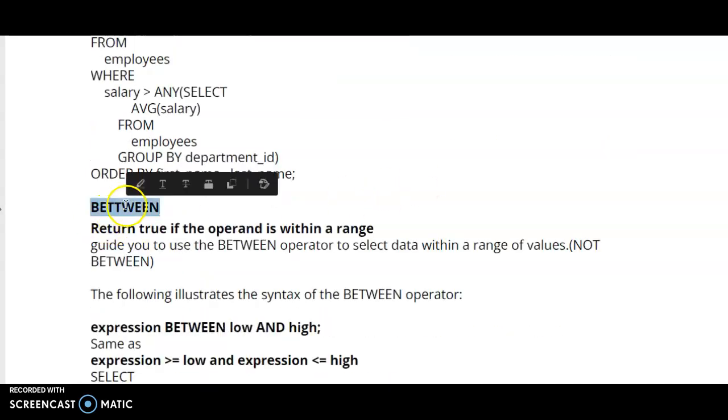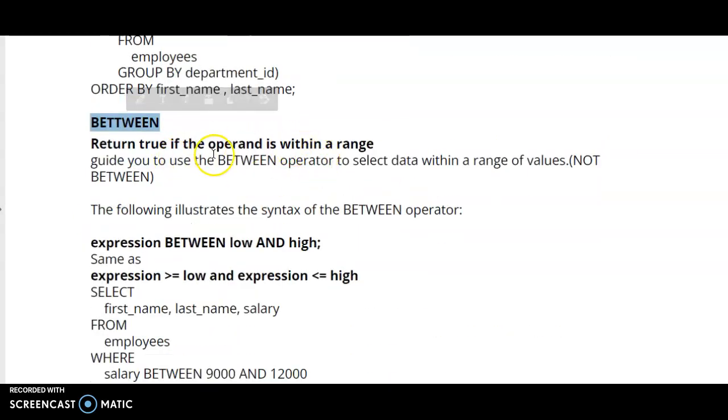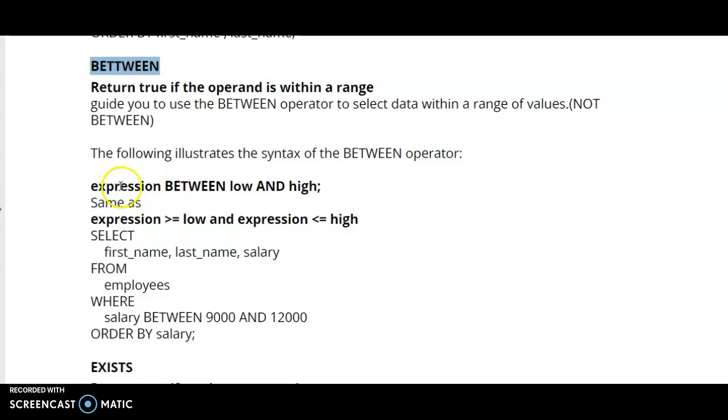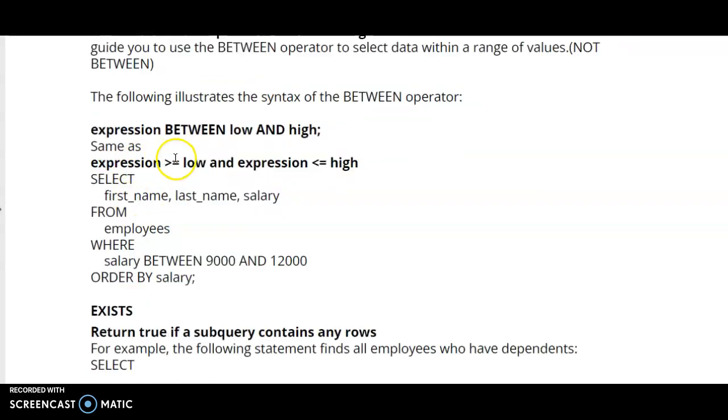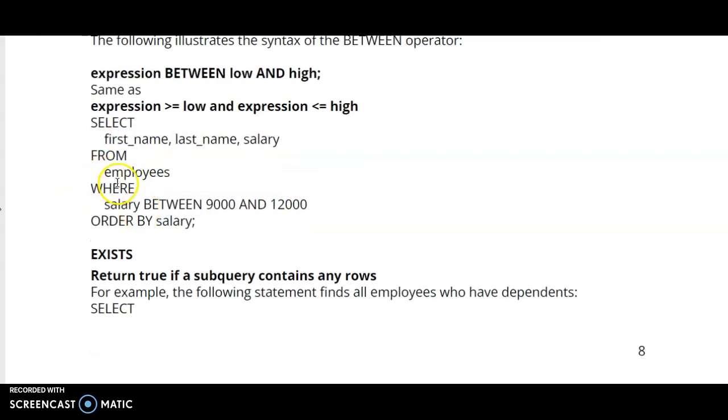Okay, next point is BETWEEN. It returns true if the operand is within the range. We check that the expression is between low and high, which means the expression is greater than or equal to low and less than or equal to high. Here is the query: select first name, last name, salary from employees where salary between 9,000 and 12,000